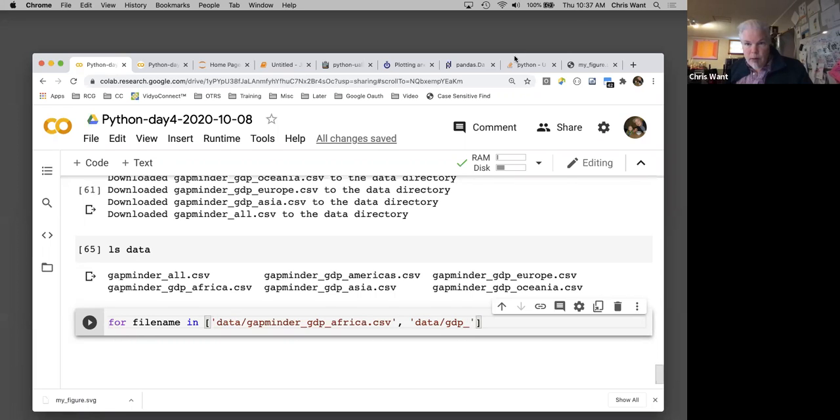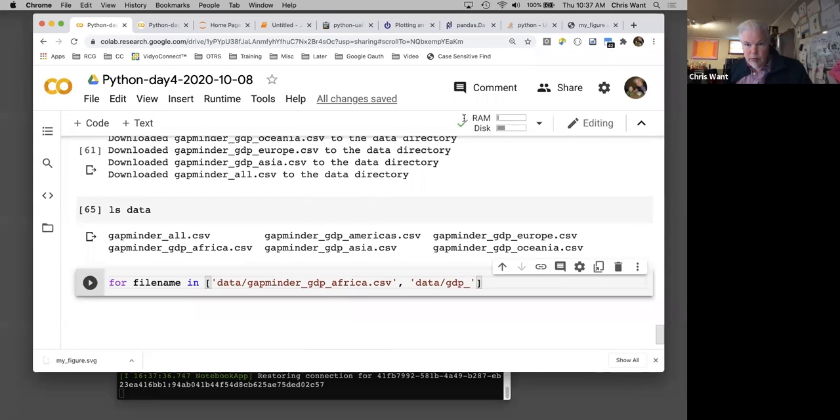Move my window up a little bit so hopefully the zoom controls don't cover what I'm typing. Oops, gapminder underscore GDP underscore Asia.csv. And since it's a loop, we got to end the line with a colon, and then we add the